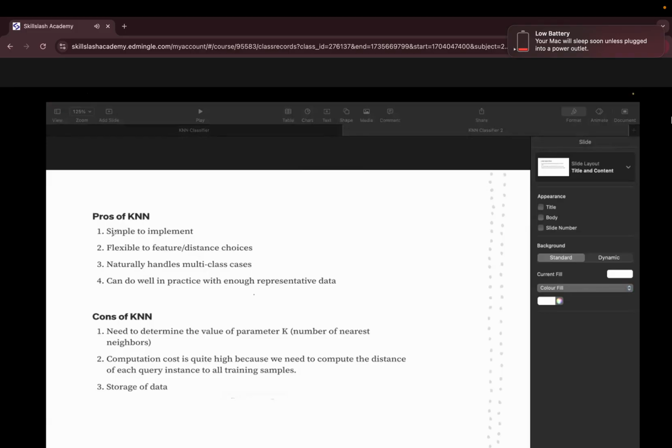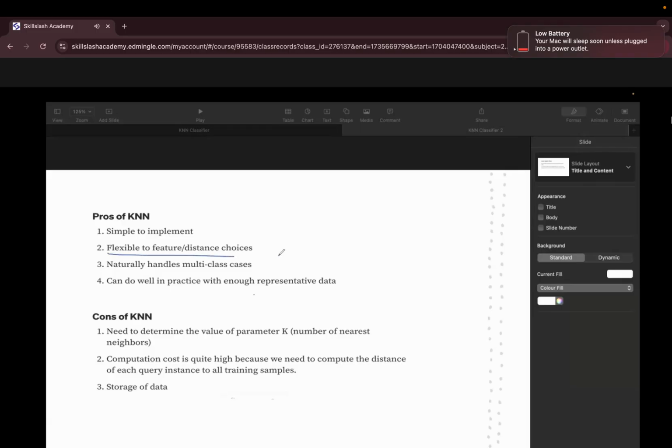What are the advantages? Simple to implement. You can see how it is easy to understand. And the implementation of this is very easy as well. How come? Why it is easy? Because when we say that it is simple to implement, which means I'm saying that it is simple to understand and it is simple to judge patterns. Since you can see everything is getting calculated, it's very simple that I just need to learn the formula of Euclidean distance and then judge it.